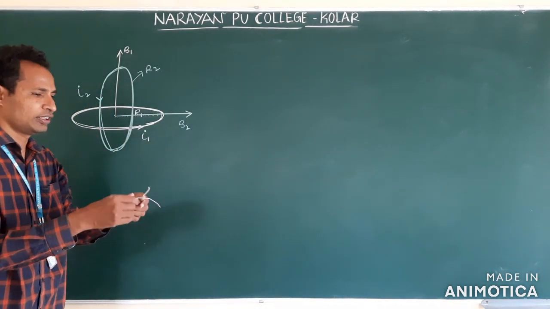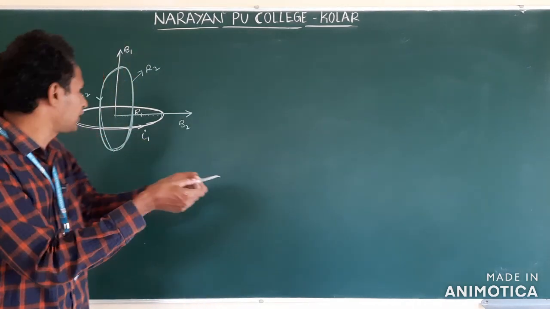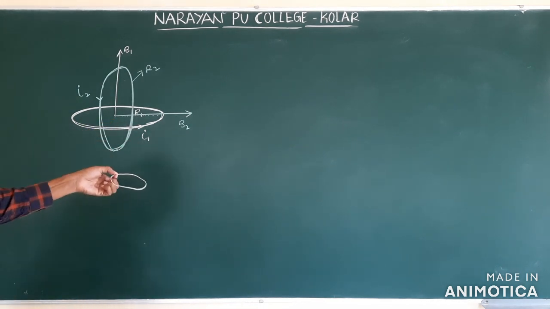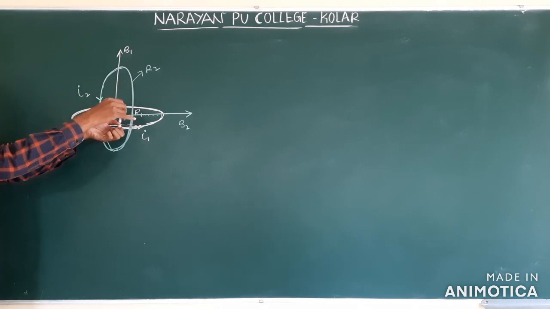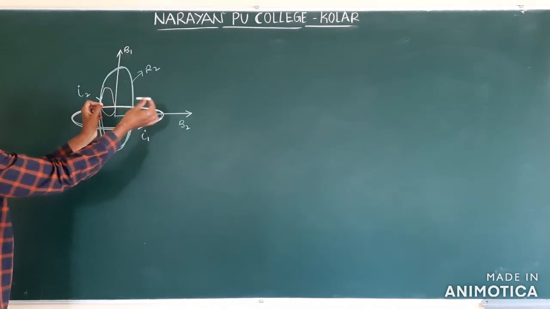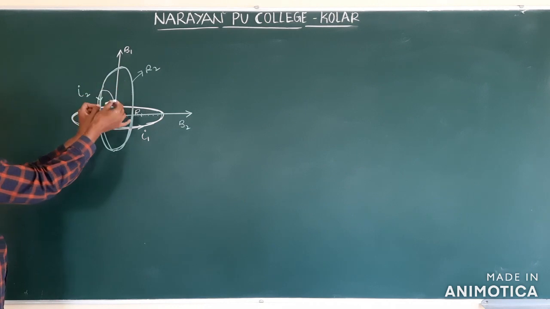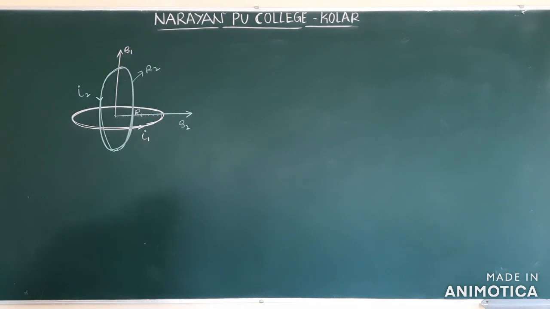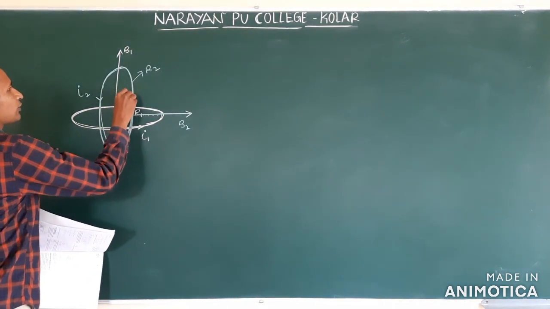See the situation. Same conductor I am taking. This is a coil. One placed like this, horizontal. For this, the field is acting up. Okay? See, same coil, this green color I will make like this. Previously, the first coil's field is like this, the second coil's field is like this. So both are perpendicular. Both are perpendicular means what is the angle between them? The angle between them is 90.